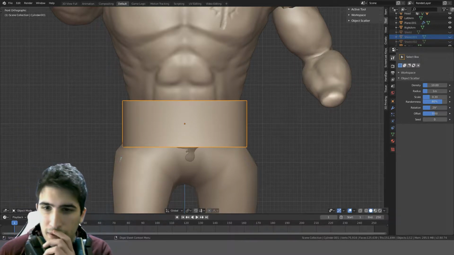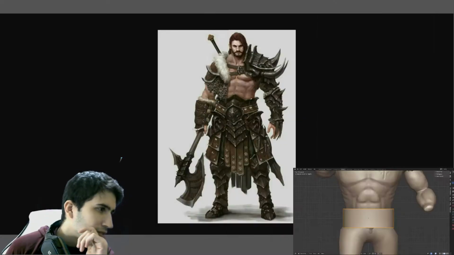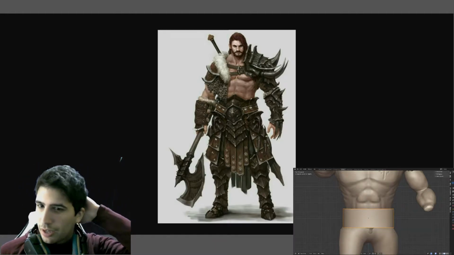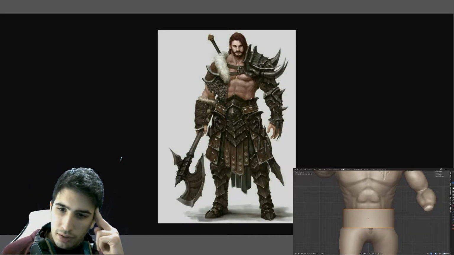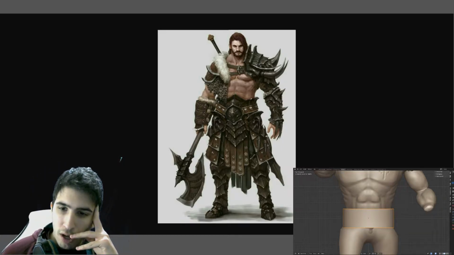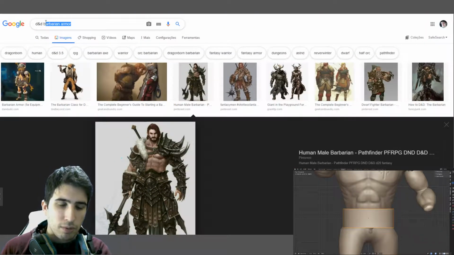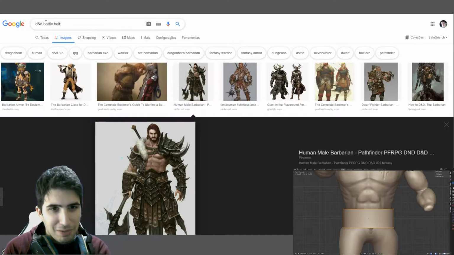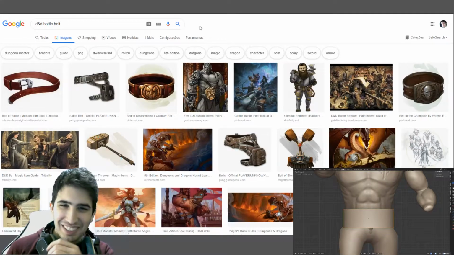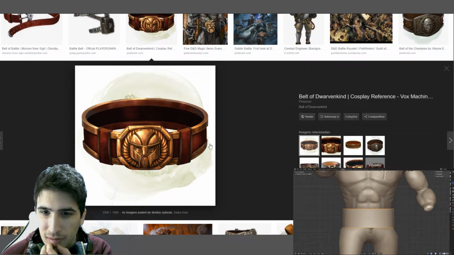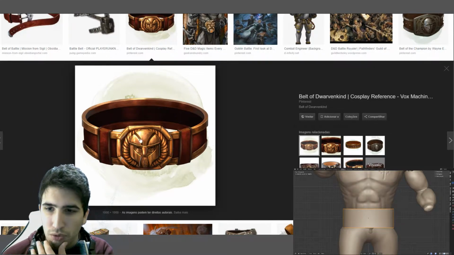I still need to make that belt. The one I have here on reference, a lot of metal. That would be kinda heavy for a dwarf. So I can't use that much metal, but I can use leather. Look at some battle belts. Battle belt. Some funny names. Oh, this one looks cool. It's just a simple belt, but it's a nice dwarvish